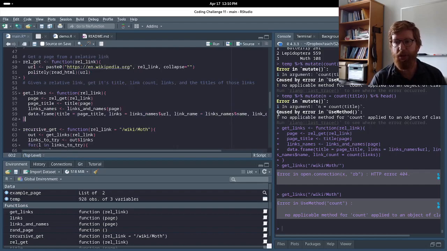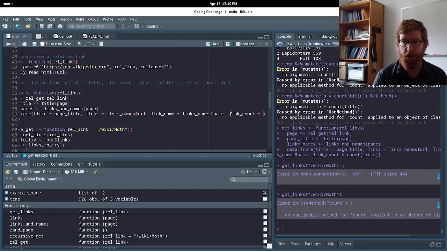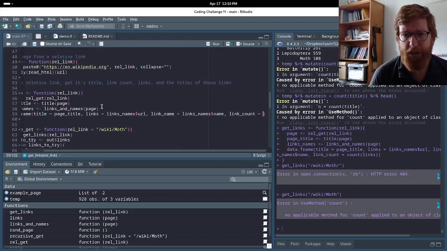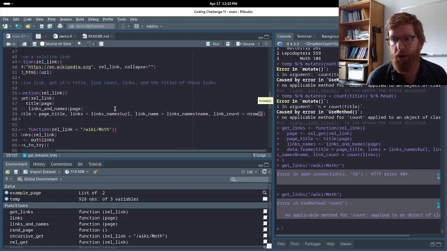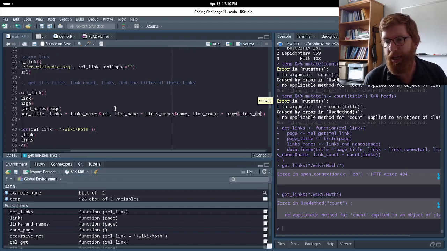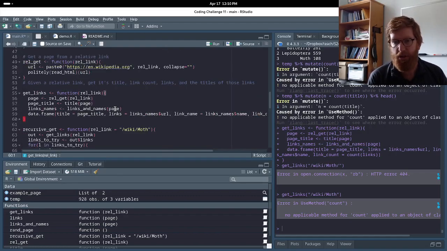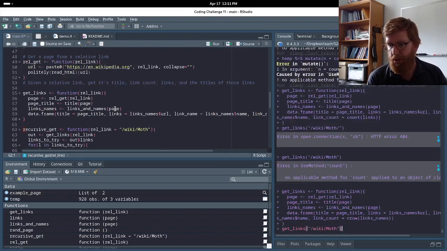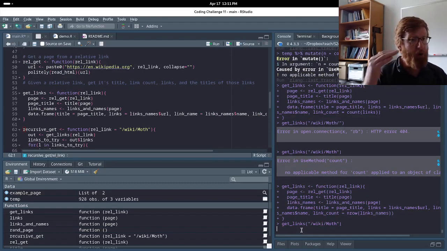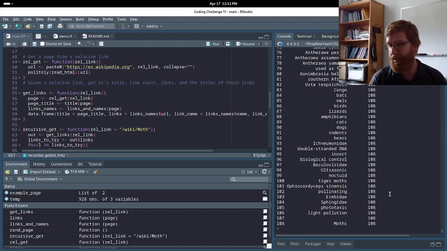Link count. How do I want to do this? I guess we'll say nrow links names. So nrow is a function to count the number of rows in a table, and we're getting 108 for Butterfly. Good, good, good, good. So just for my own sake, while I wrap this up,